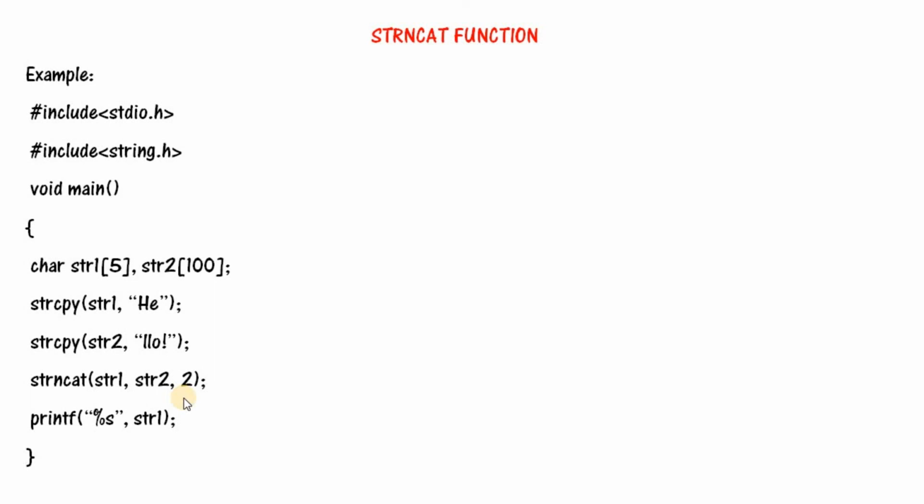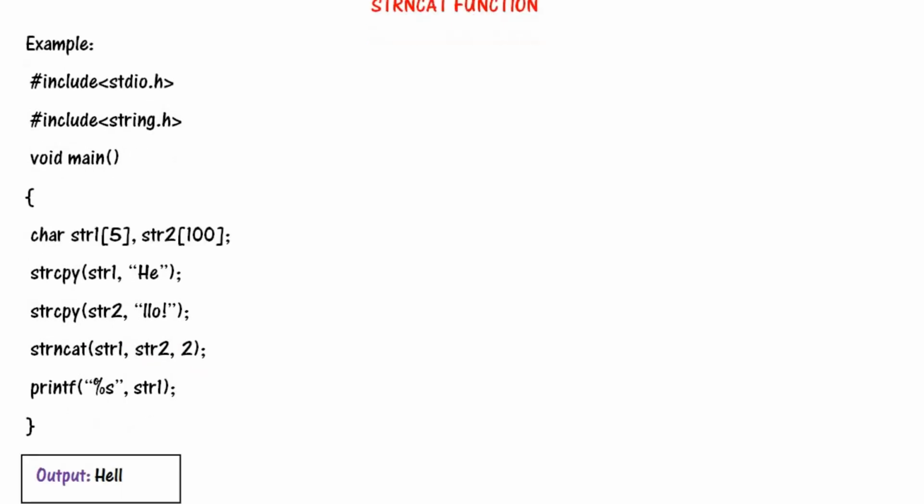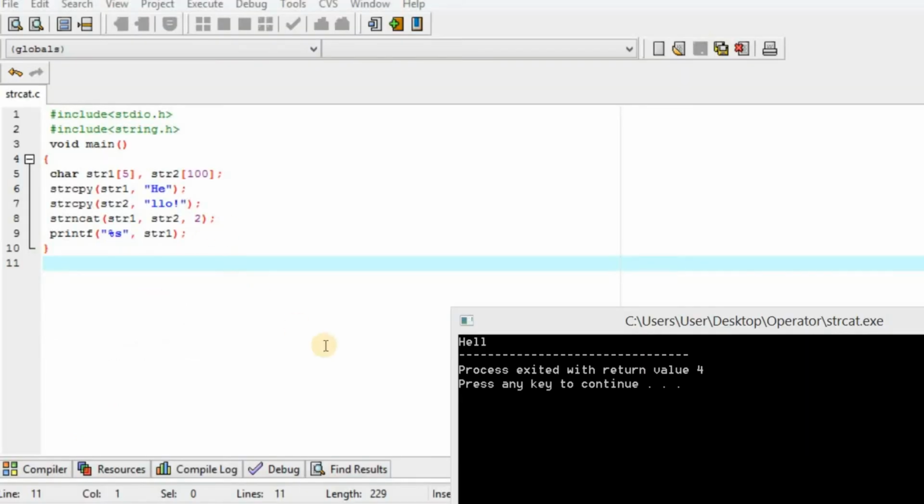So only 2 characters of this string will get appended at the end of the string. Therefore, finally, we print the resultant string. We get the output "hell" instead of "hello!". When we run the program, see the output: "hell" instead of "hello!".